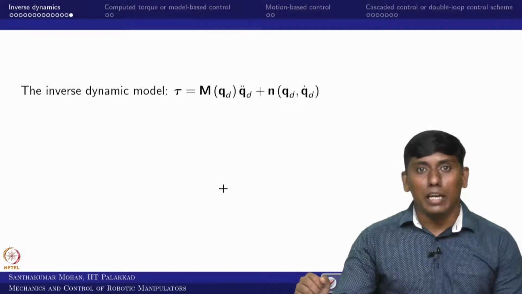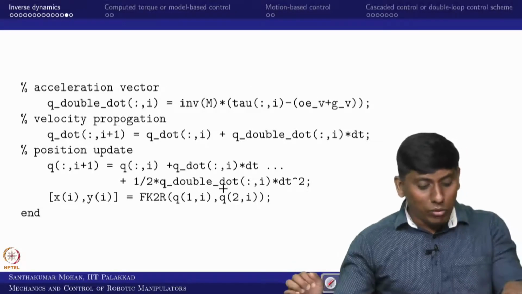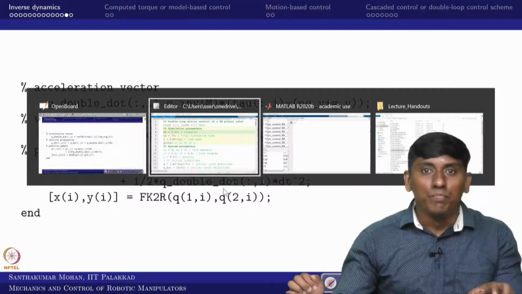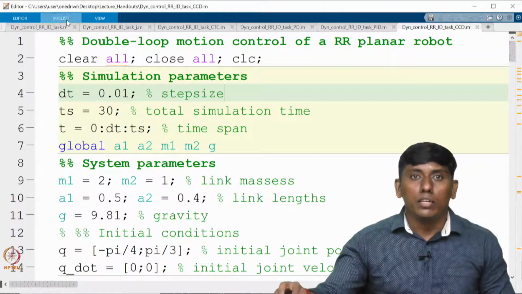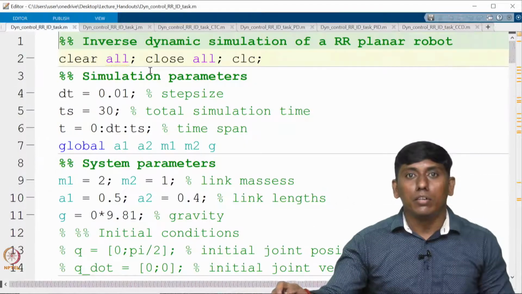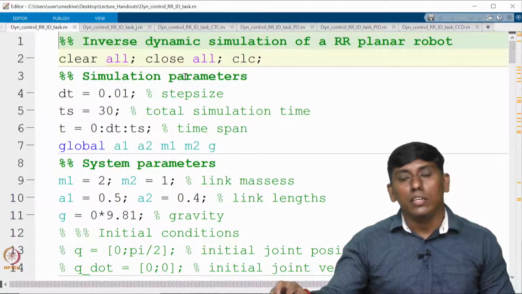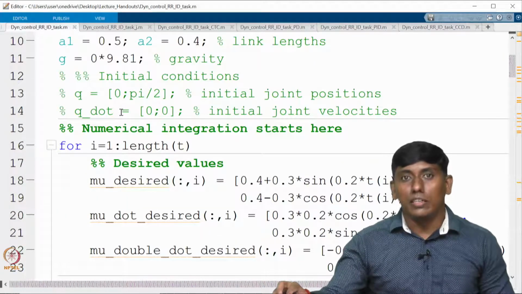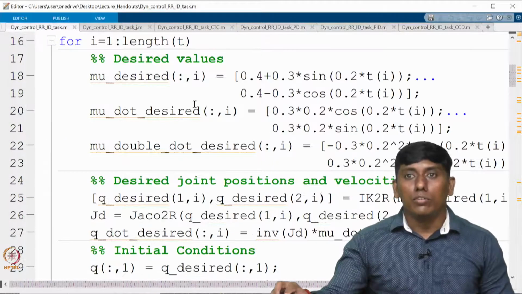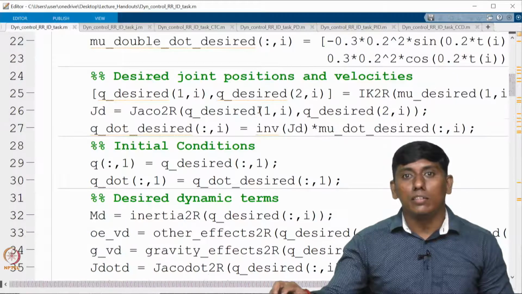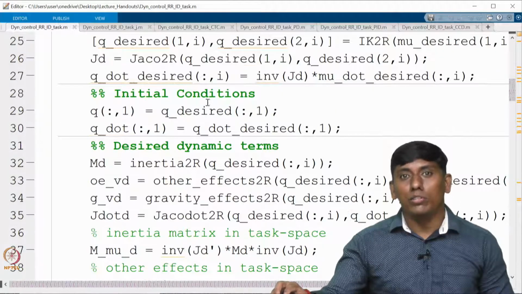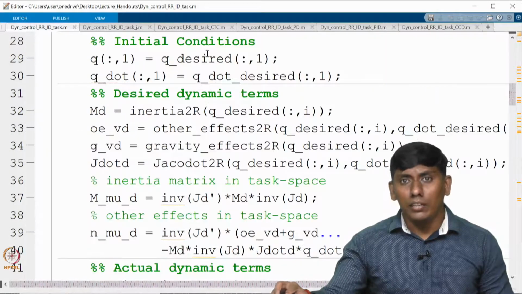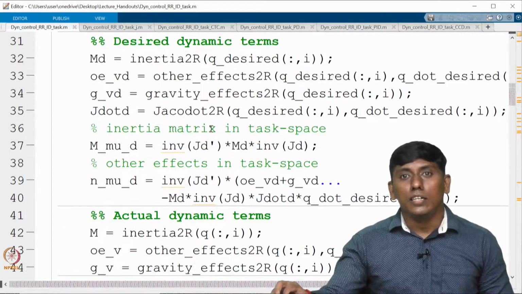Then you can see it in the MATLAB code. I just want to show that this is the inverse dynamics model which we derived in MATLAB. You can see these are the cases which we saw in the earlier slides. Now this is the desired value, and this is the joint desired value just for our reference, and this is the initial condition, and this is the dynamics.